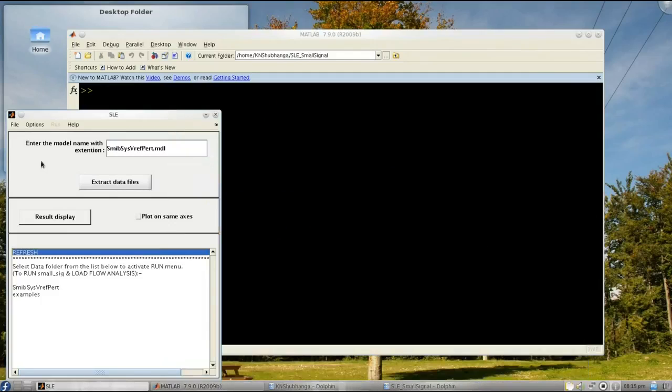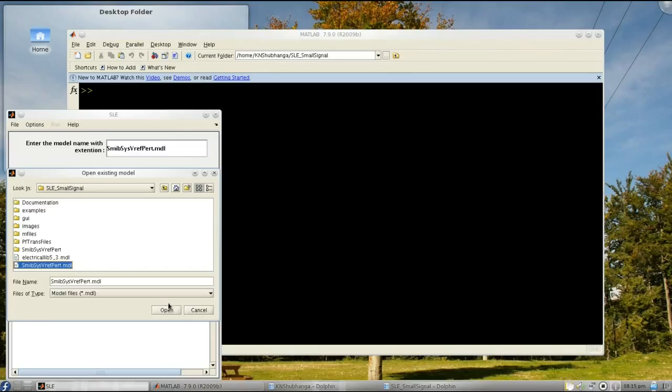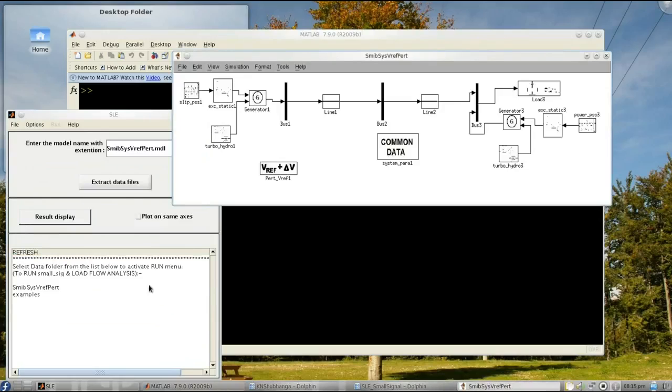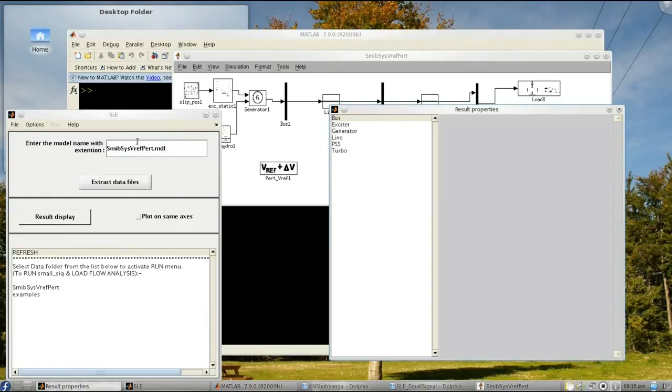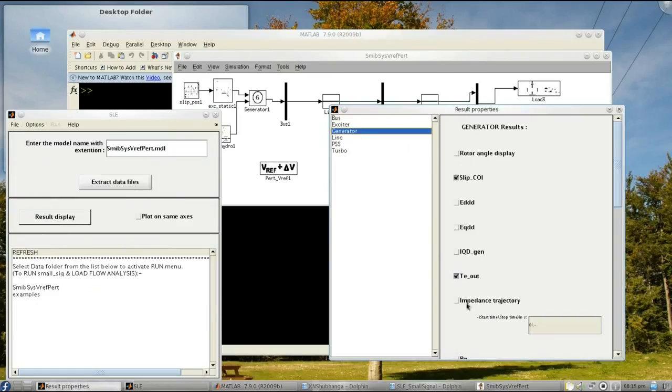So let's observe the trajectory for various variables of the system. So opening the model and selecting the appropriate variables in the result display properties.